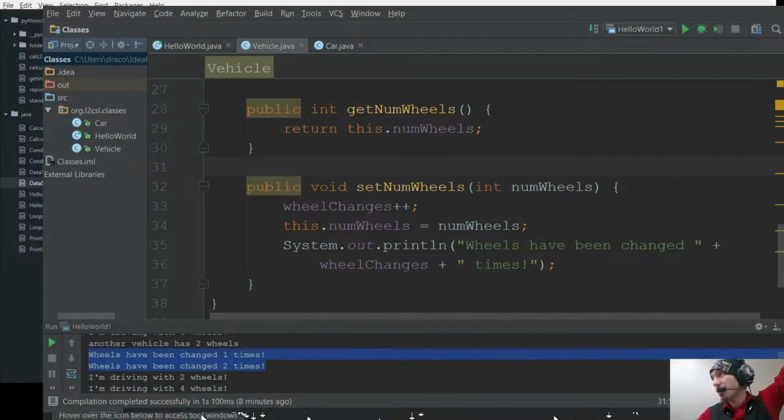org.l2csl.classes, each of those is a folder. And it organizes your code that way. So it's a nice way to keep track of things. Okay? So, yeah. I'm trying to drag and drop it into the new package, but it's